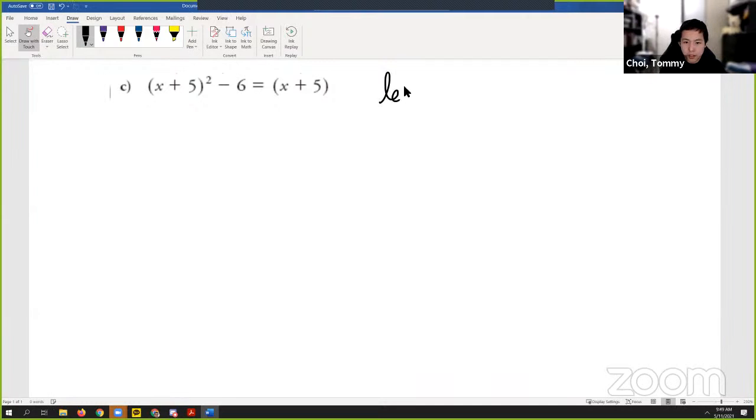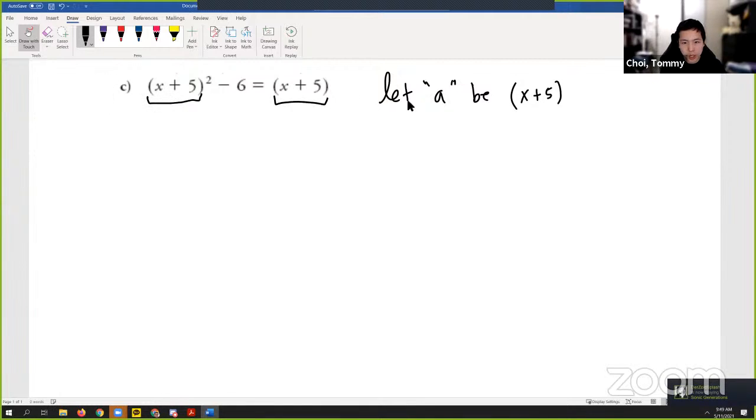All I have to say is let a be x plus 5. Okay, so I'm going to write my let statement here. And what that means is I'm going to replace all my x plus 5s with the letter a. So what that turns out to become is a squared minus 6 is equal to a,